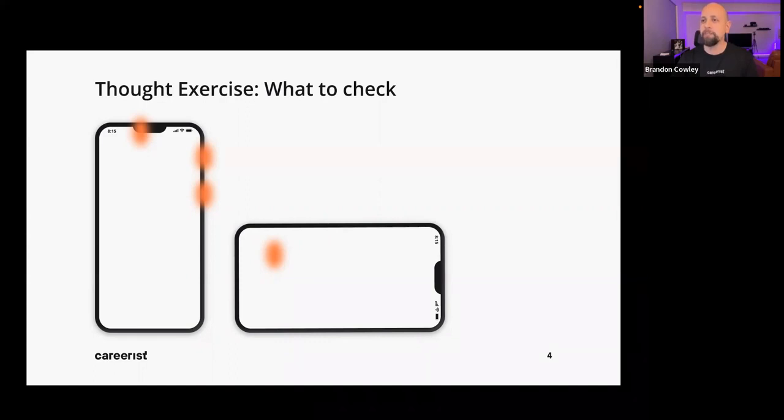Cool. All right. We have multiple iterations of basically what I'm looking for, right? When we're testing this, we would want to check the in-app controls. So the slider, can you use the touch slider and drag it up and down? Also, can you use the volume rocker and adjust the volume up and down?